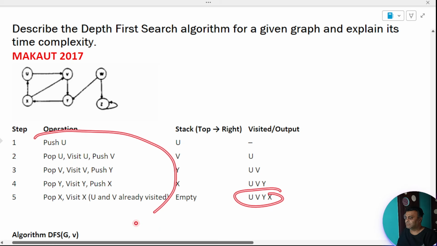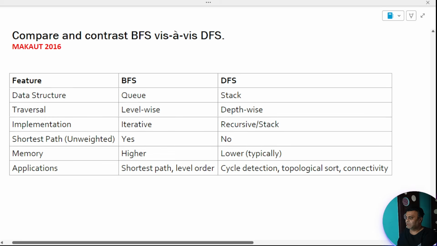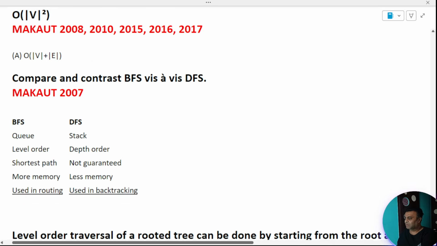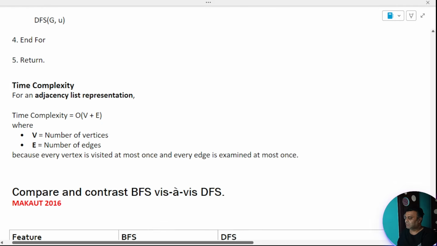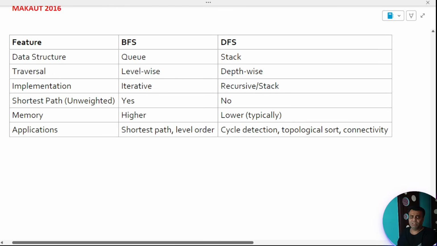You can see this process. I have explained this process in the earlier example. It is the same thing, same way that we need to do. Compare, contrast, BFS, DFS. I think I already did that here. Yeah, compare, contrast. I think it's a repetition, but then you can use this also. I think this came 2 times. That's why I repeated it. I should have mentioned it at the top.